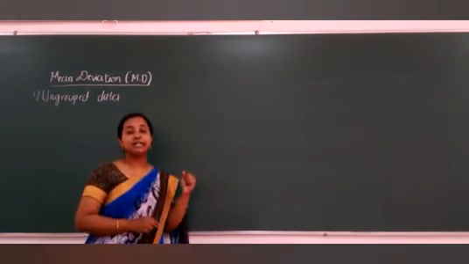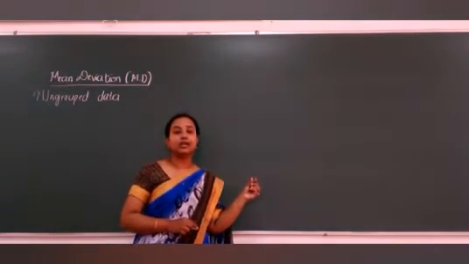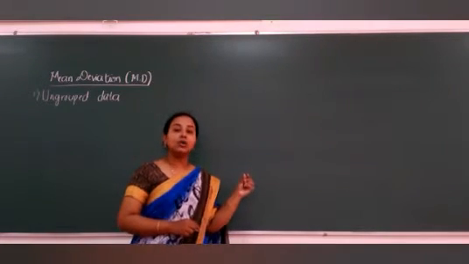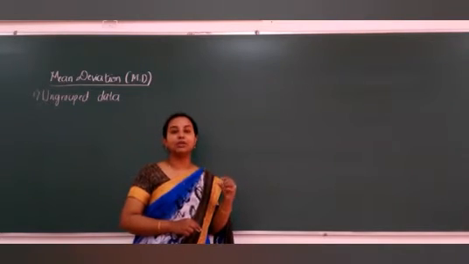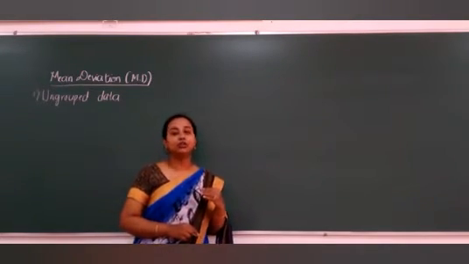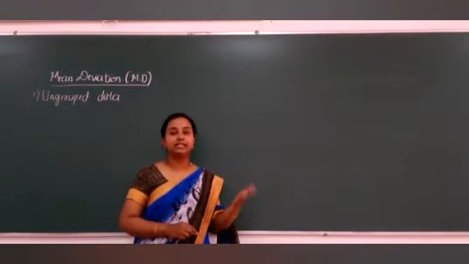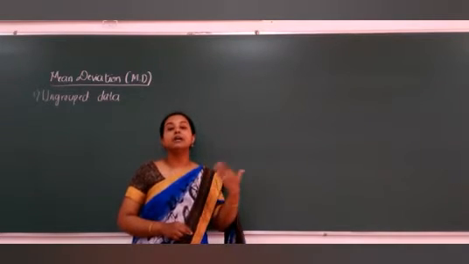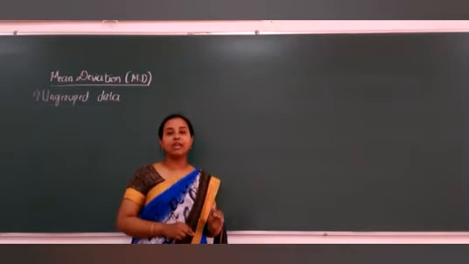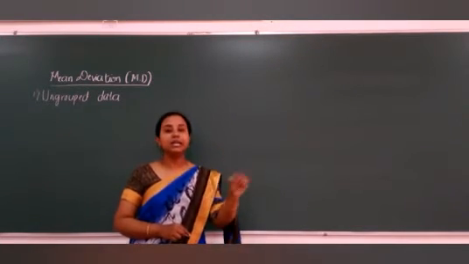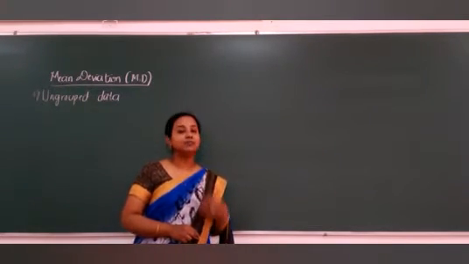Now, as I said, we will keep a fixed point. From that fixed point, how the remaining values are deviated, we are going to consider. I said you, right? So now, those fixed point, what will be those fixed point? Those 2 fixed point, that is there will be totally 3, but we are going to learn only for 2. That is mean deviation about mean. That is our fixed point is here mean. Same way mean deviation about median. So our fixed point is what? Median. That is from mean how the remaining values are deviated, or from median how the remaining values are deviated. Okay, so this is what will be our discussion.